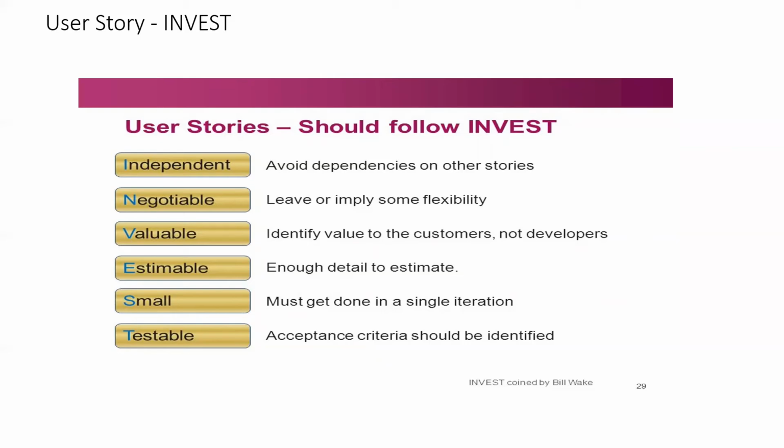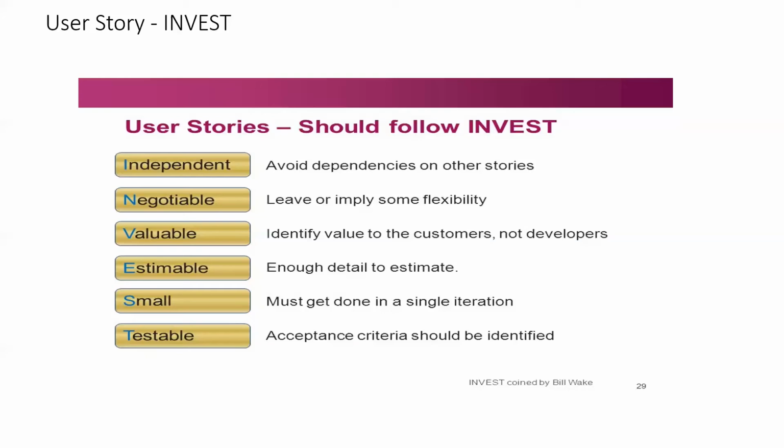Second is negotiable, that leaves or implies some flexibility. We know that Agile methodology is about accepting changes quickly, and therefore, as the project progresses, it should give you the provision to change the user stories as per the customer needs. The third is valuable. Identify the value to the customer and not developers. So the features that you are adding to the user stories should have value for the customers and not